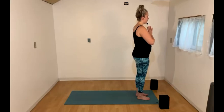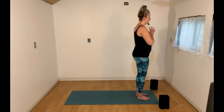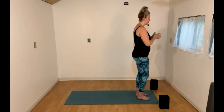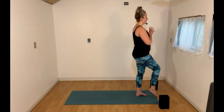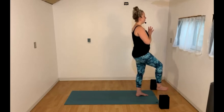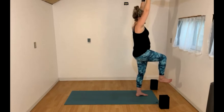All right. We're going to find one-legged mountain pose with that right knee lifting. So shift your weight over to the left foot. You could come up to the tippy toe on the right foot here, or flex that right ankle and then lift your right knee to about hip height. With an inhale, reach your hands up and overhead. Exhale,